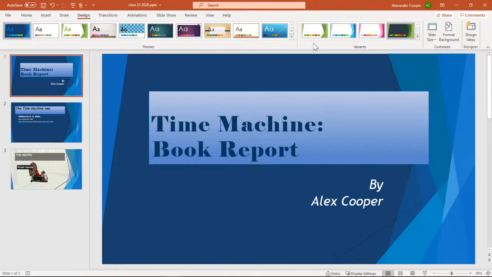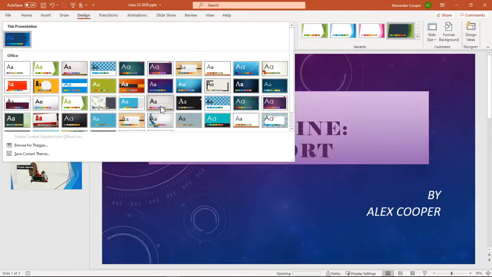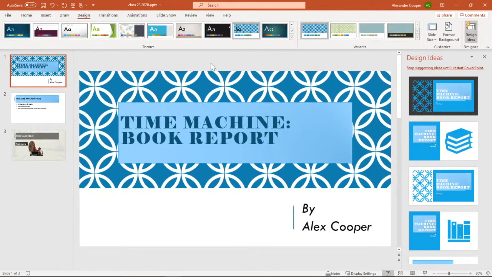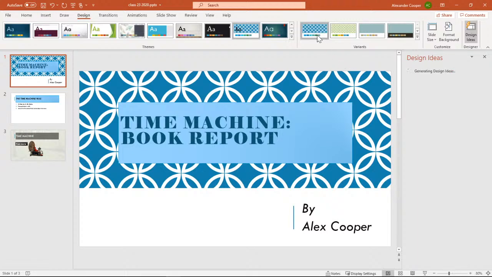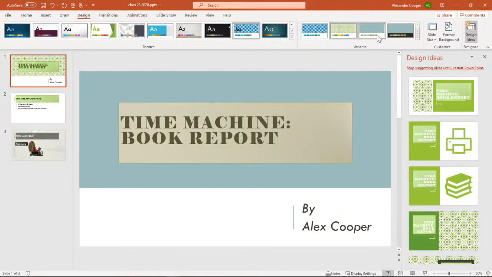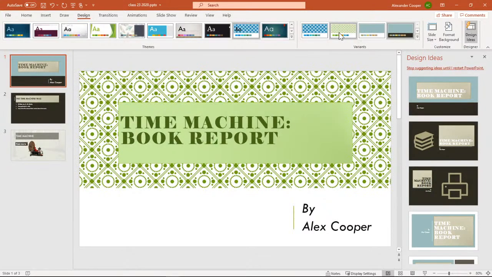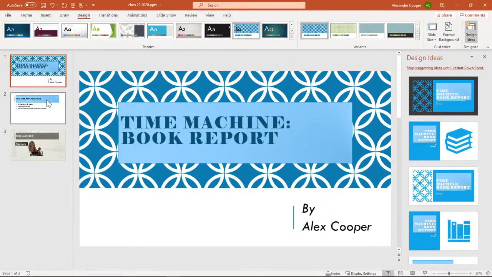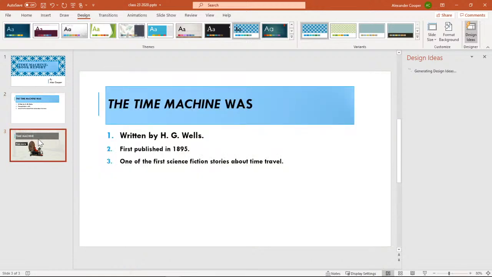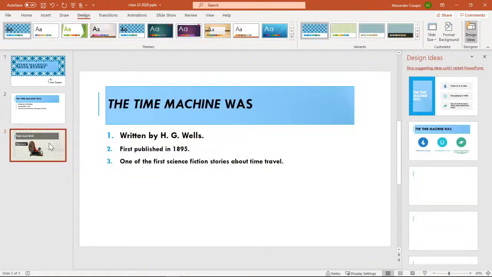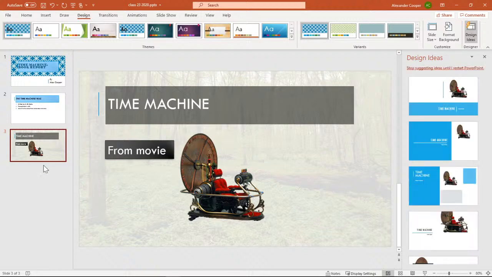You can go back, and some folks will say, oh, well, I don't really like that. That's just one of those. Well, believe it or not, if you go into the variants on some of these, it actually has different patterns and different graphics. Okay. Now, here's the clincher. Maybe this is the one we customized ourselves, so it's going to stay that way because we customized it ourselves. Of course, I could go in and delete the background if I wanted to.